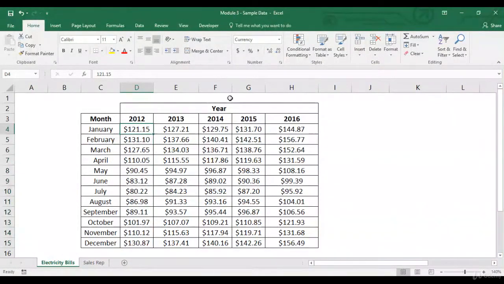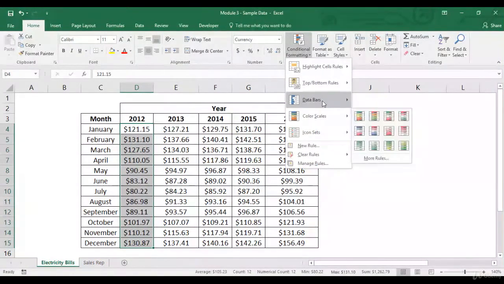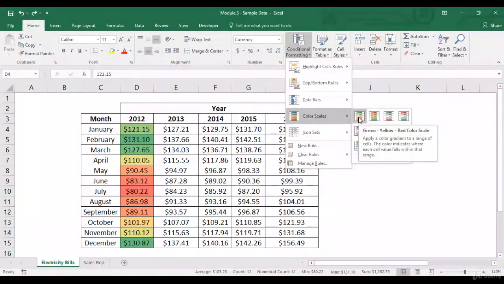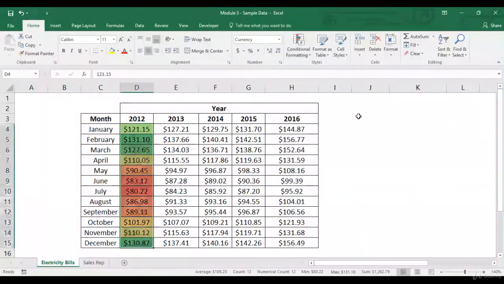Now let's look at other options. Color scales. Over here the bars will not be there, but just that all the cells will be colored. So now if I select this rule, this says green, yellow, red color, apply a color gradient to a range of cells. The color indicates where each cell value falls within that range. So let's select this.